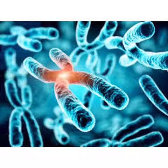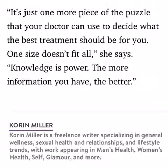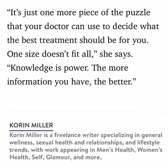I know we had already heard about this, but she shared in her article a quote: "Knowledge is power. The more information you have, the better." She was always curious about her health, especially her breast, because her mother died at a very young age because of breast cancer. So she wasn't satisfied with what the OB/GYN explained to her, so she went up to a third opinion, to get her unanswered questions answered. So let's proceed to